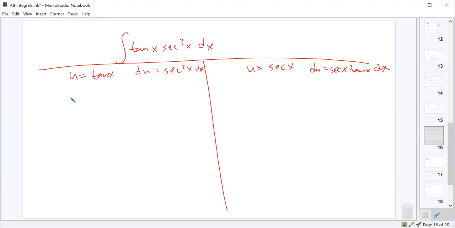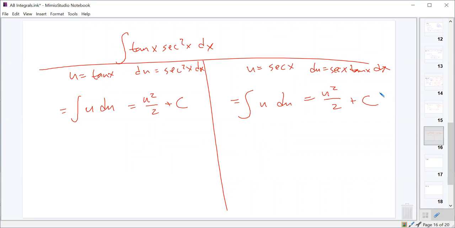And in both cases, what would we get? We'd get an integral of, if u is tangent and du is secant squared, we just get u du. And on this side, we just get, again, u du, wouldn't we? Everybody agree with that? Do y'all agree that that's the same on both sides? Yeah. Except the problem is, when I substitute my u back in,